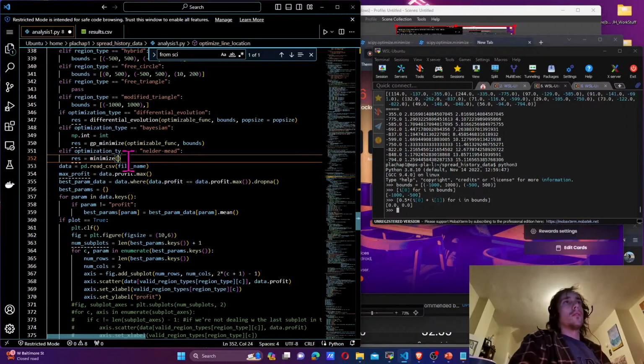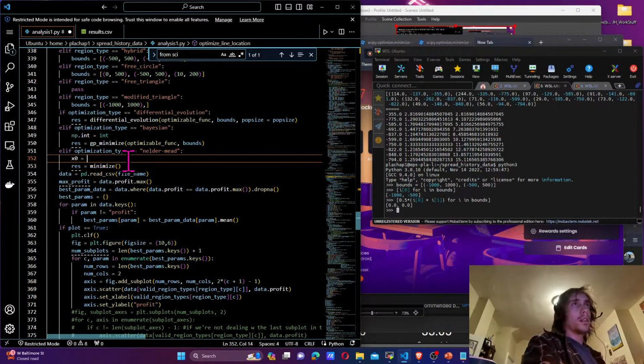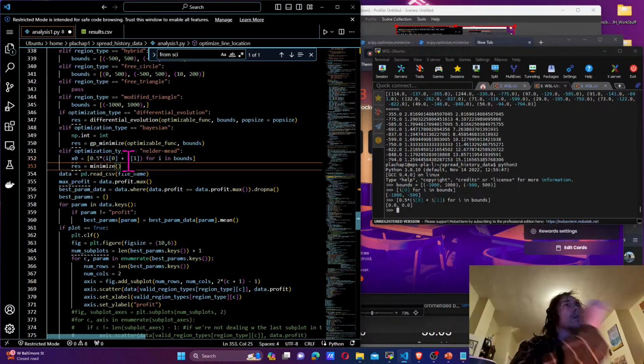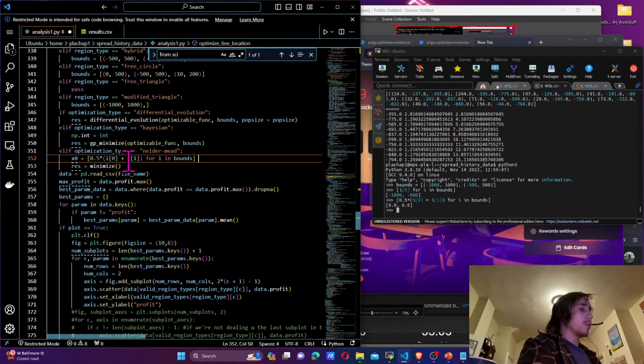If we're doing Nelder-Mead, then x naught is equal to 0.5 times I of 0 plus I of 1 for I in bounds. So now our start point is the middle. So initial guess is midpoint of